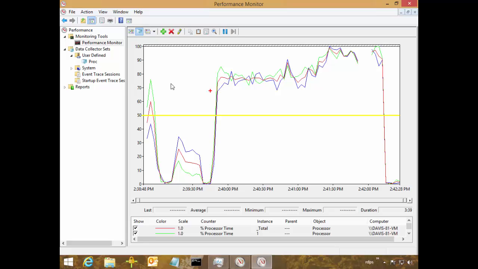But where we go into red alert, where we need to have SCOM setting off alerts, is, again, for extended periods of time, once we get over 80% of the utilization, then we're probably bottlenecking the server. We probably either have a rogue process that's gone Mustang on us, or we're underpowered,